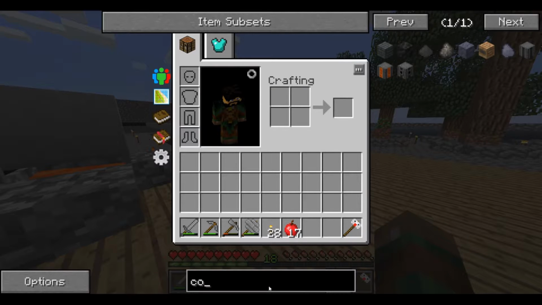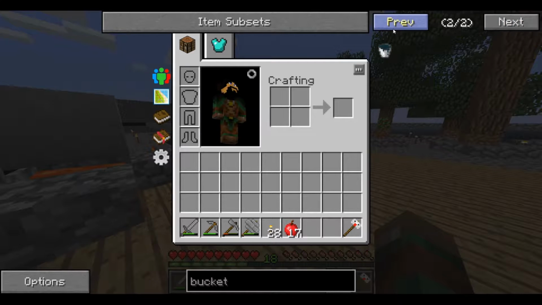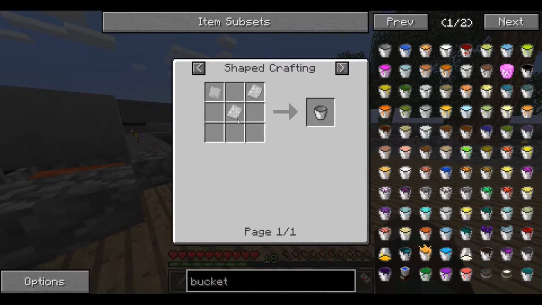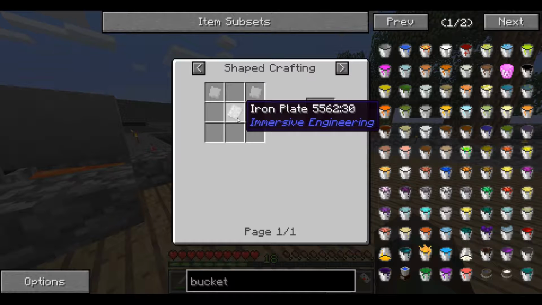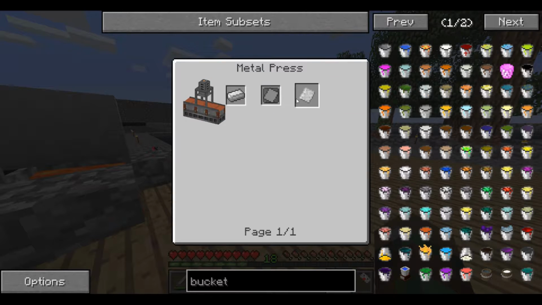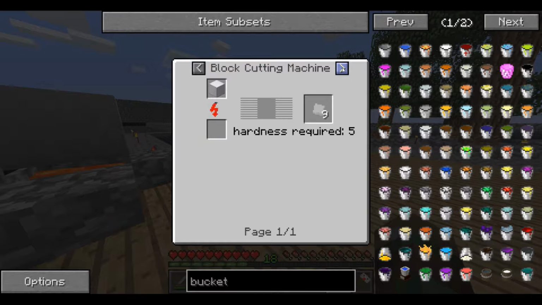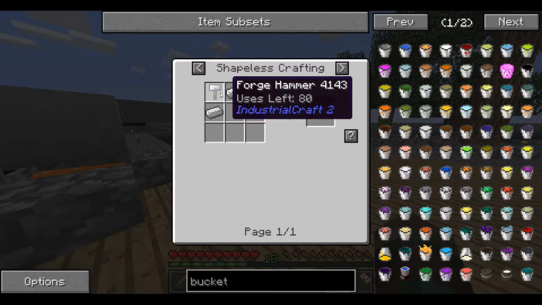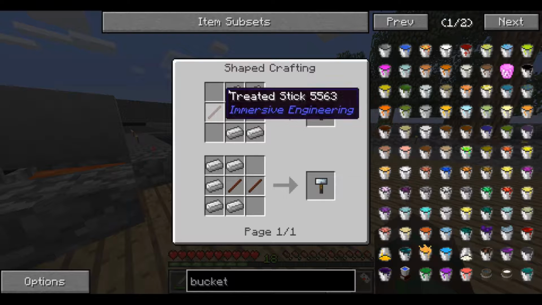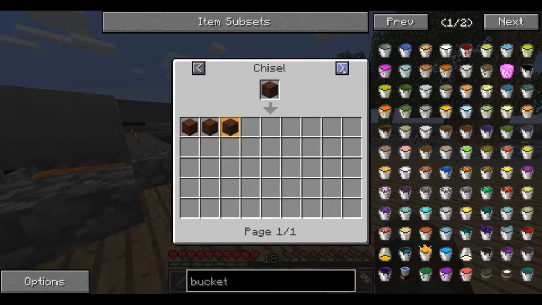Okay, and so they don't do clay buckets anymore. If you look, it's all iron buckets. And to get an iron bucket, you either have to use the Immersive Engineering or IndustrialCraft ways of making iron plates. Now if we look at Immersive Engineering, all it is is this metal press. If we look at IndustrialCraft, obviously you can use the metal former, the block cutting machine, but you can also use this hammer. This hammer is just 2 treated sticks and 5 iron. The treated sticks, of course, as we all know, are...